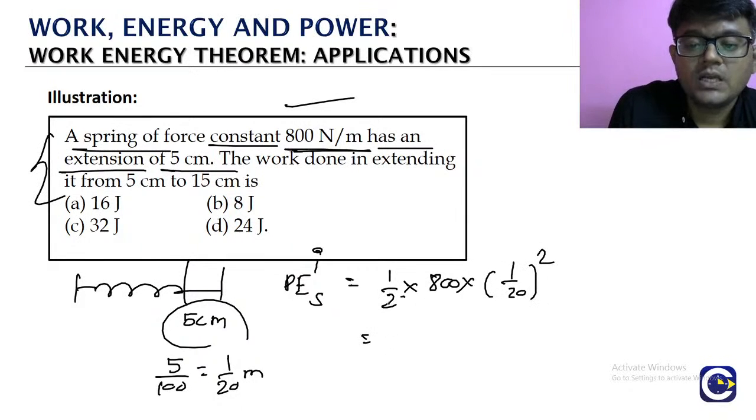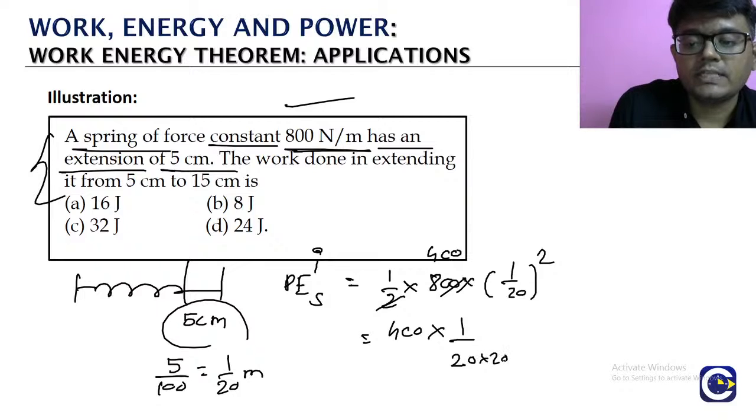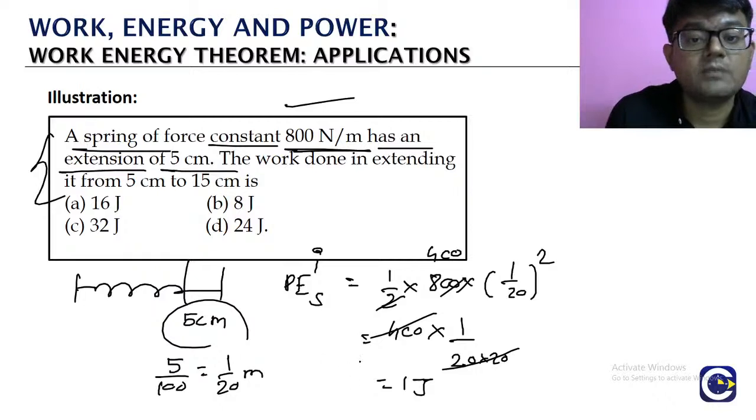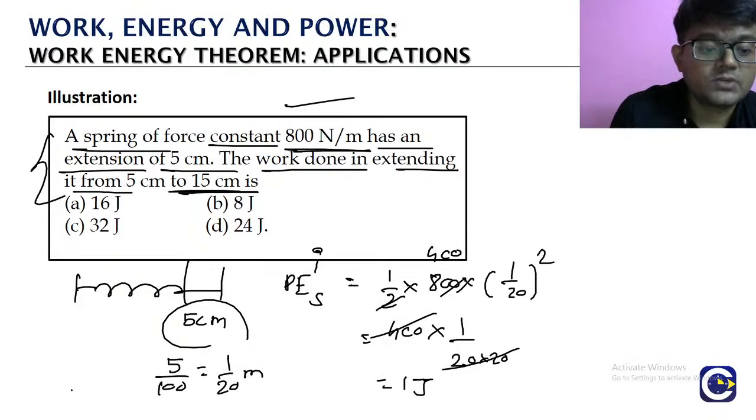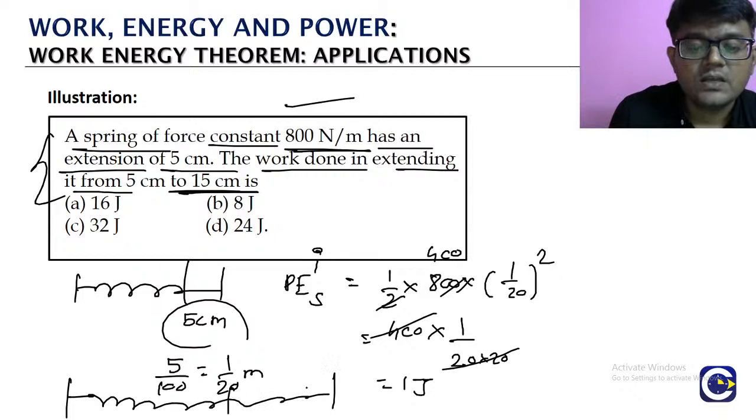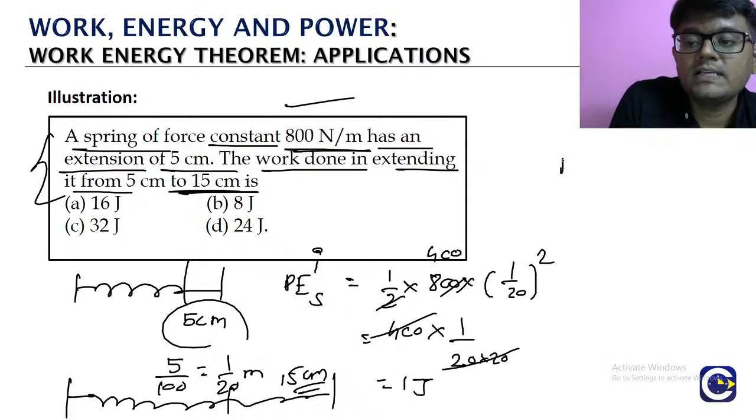that is 2 ones are 2, 400. 400 into 1 by 20 square, 20 into 20, that is also 400. Cancel. The energy will be coming in terms of SI unit. So what is the initial spring potential energy? 1 joule. Okay. The work done in extending the spring from 5 centimeter to 15 centimeter. So initial extension is 5 centimeter. They are asking if you are extending it from here to 15 centimeter. Look at what is the